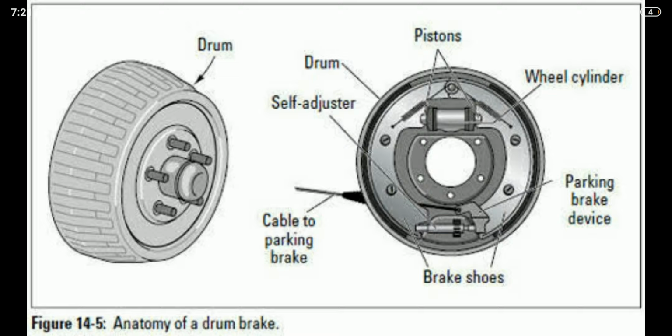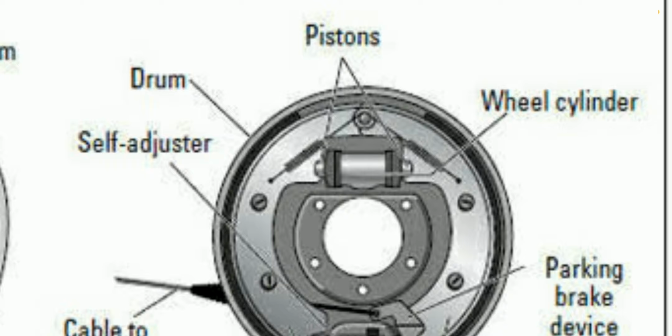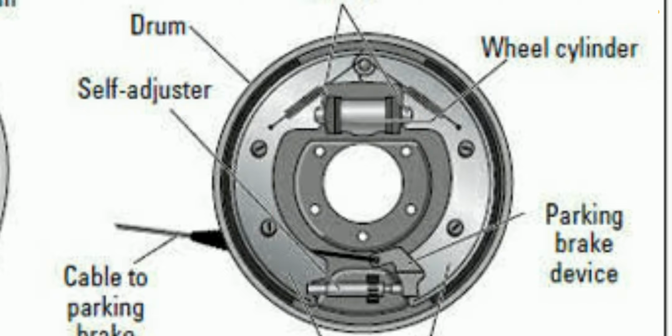The drum is a device which is used to stop the vehicle. When the brake shoes are giving pressure to the drum, thereby the drum will come to rest. It means it comes to stop. The piston present here is used to move these brake shoes to engage with the drum and create a friction force to stop the wheel, a bike wheel or a car wheel. So it is the working of drum brake.